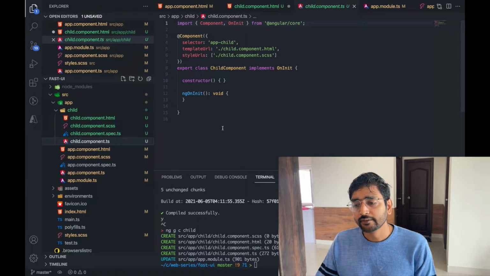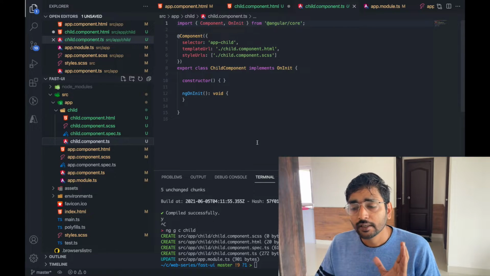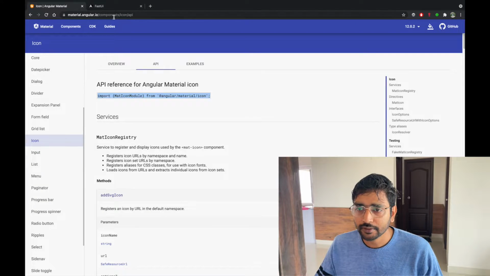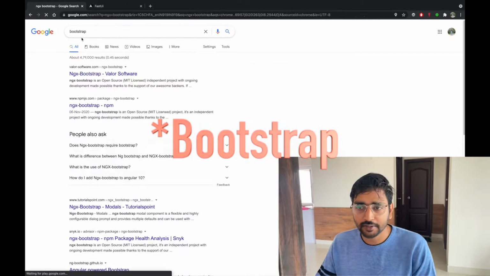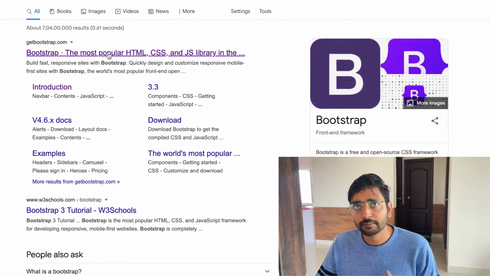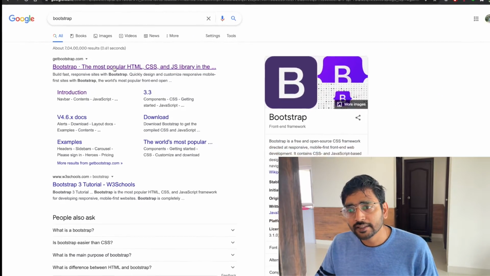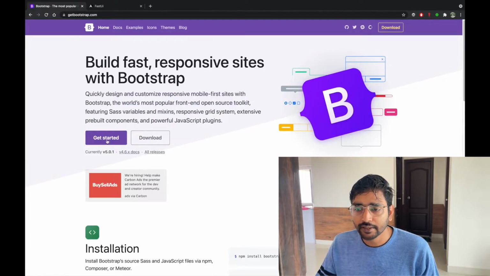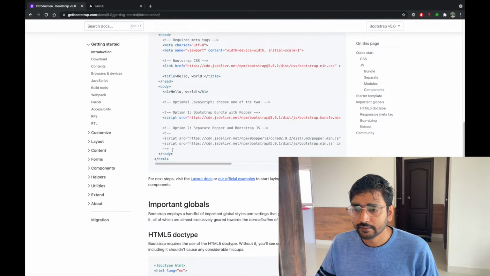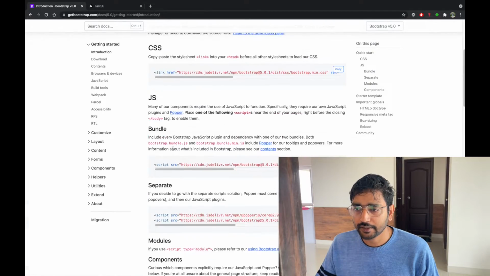So to do that, I have created a child component for working with it. Now what we'll do is go and search for NGX Bootstrap, and you'll come across an HTML/JS library. One thing about Bootstrap is it doesn't require Angular to work. It's completely based on CSS, nothing else. So you can go here, click on Get Started, and if we have Angular 1, it's not written here.